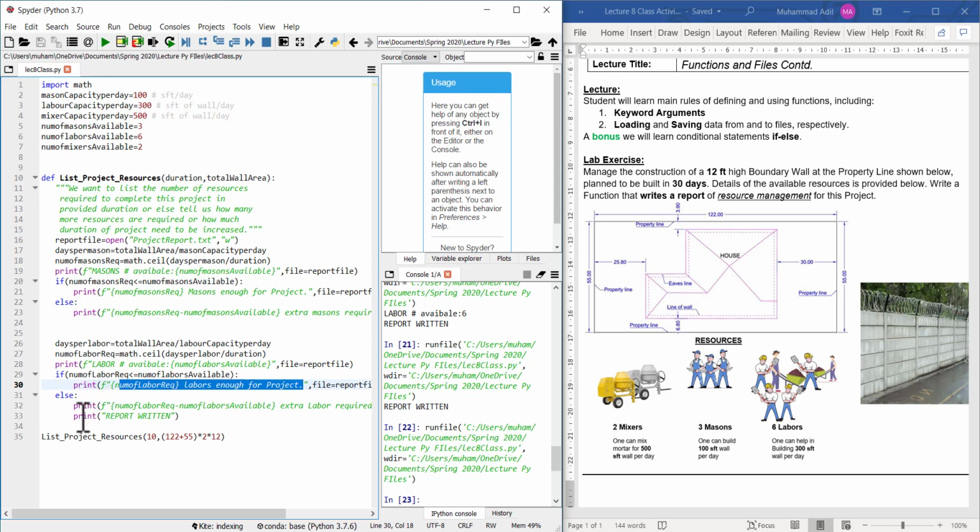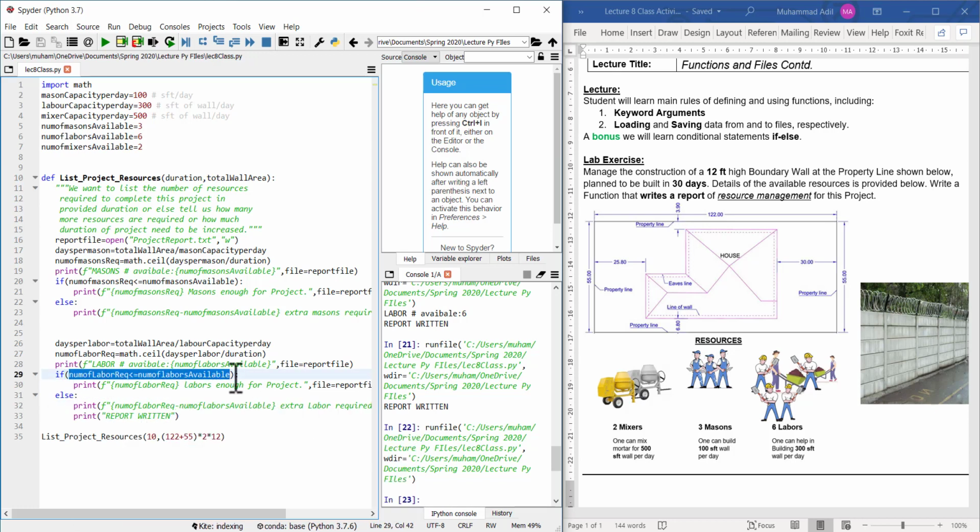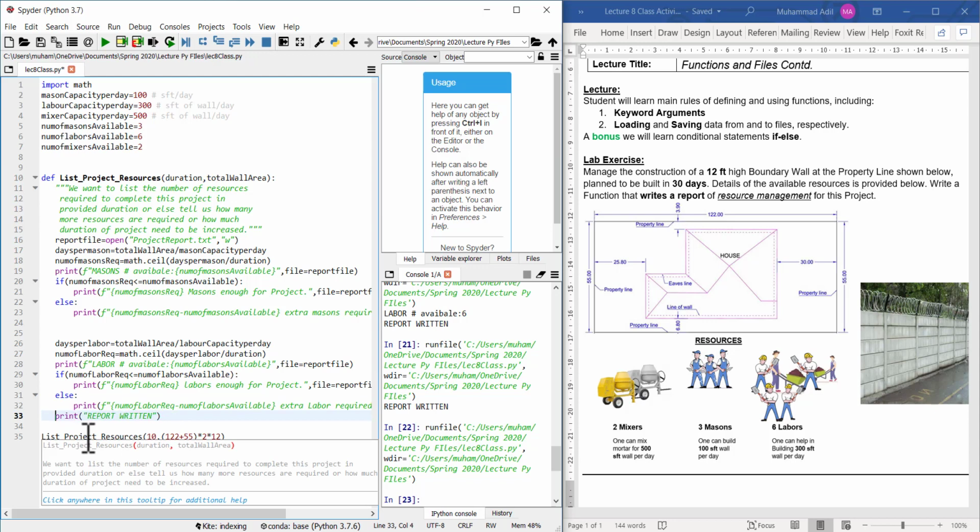So these two statements only run once this is false. If this is true, it will write this statement, else it will write these two things, because both of them have the same indent. But if I bring it back to the same indent, which is the indent level of the function itself,